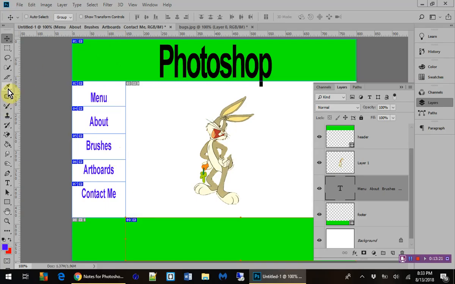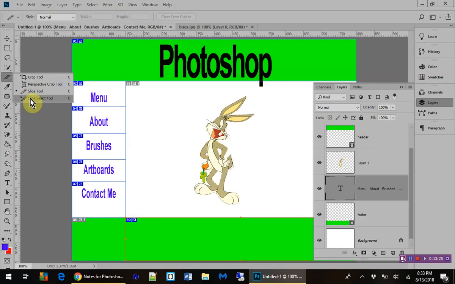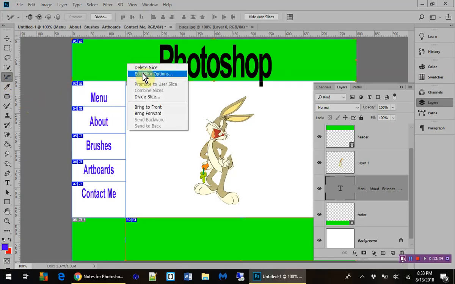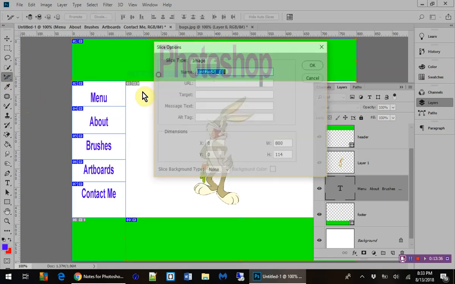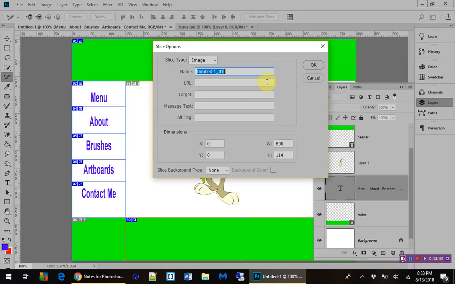Now I want to do one more thing, which is I can either use a slice select tool or I can just double click on this. Oh, now it's going to make me use a slice. Okay, and I'm going to slice edit options. So one, I want to give it a name, so I'm going to call this title. If somebody clicks on it, where does it go? Now this is the most important thing, the alt attributes, so I'm just going to put